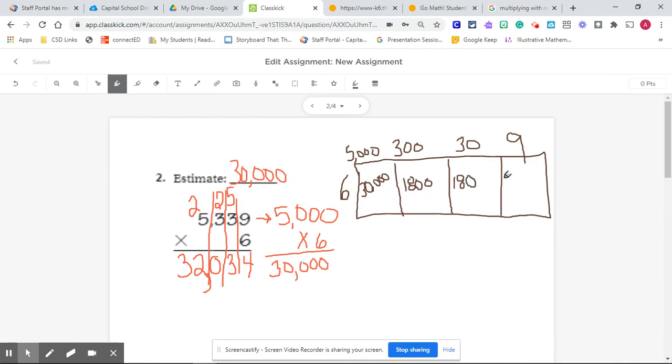And then 6 times 9 is 54. So I put my 54 in that last box. And then my final step is to add my partial products. And when I add these all up, it should get me to that